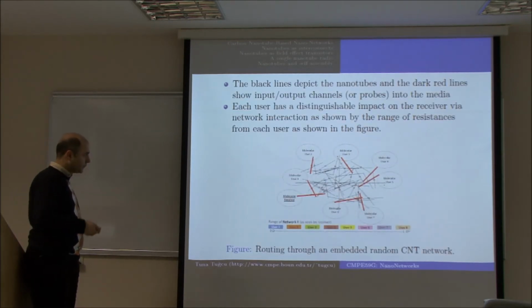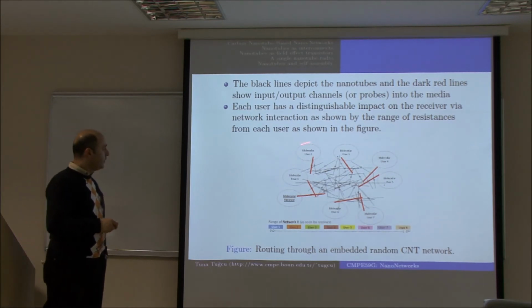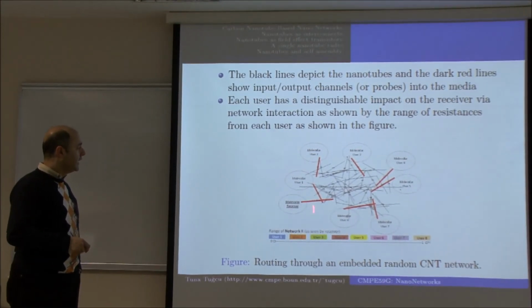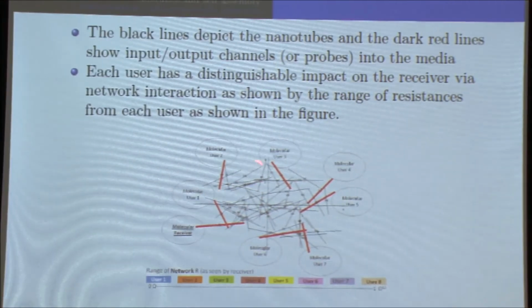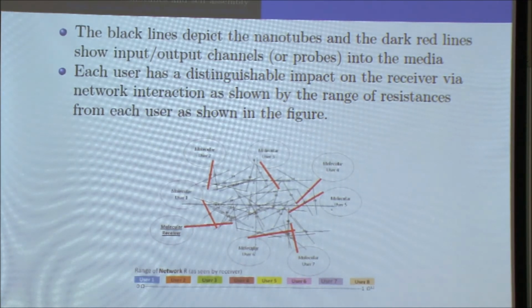If you look at here, it's not very readable, sorry, but you have several molecular users from user 1 to higher values, and there's a molecular receiver. So the black random lines here are actually showing the nanotubes randomly deployed, as you can see, and the dark red lines are showing the input-output channels or the probes into the media. Like, these are now your nanomachines. They're connected to the medium by using these red bars,